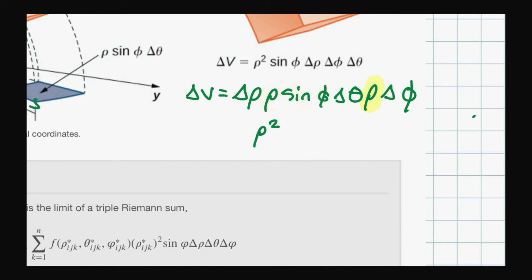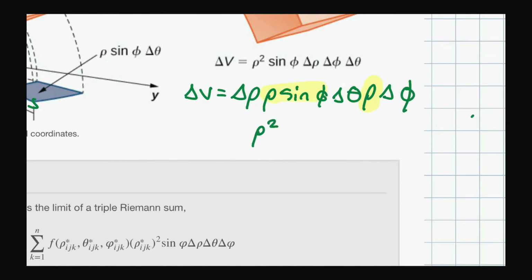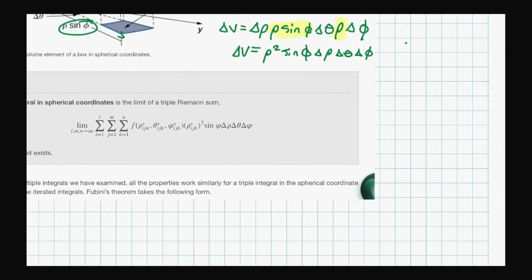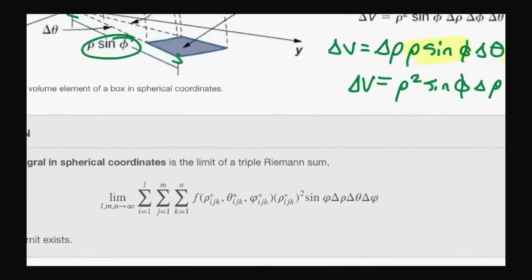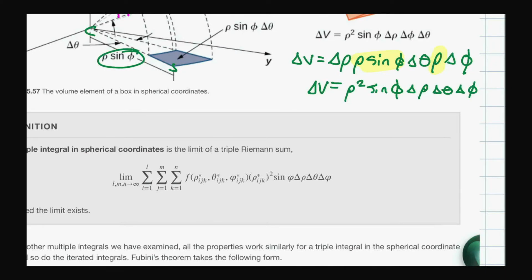And then you've got your sine phi. And then you've got your delta rho, delta theta, delta phi, which you can write in any order. Whatever it is, that's your delta V. Then just like before, if you want to figure out how to calculate a volume, the volume would be